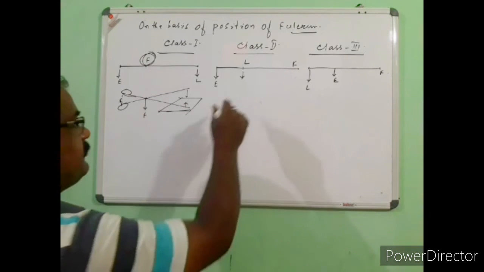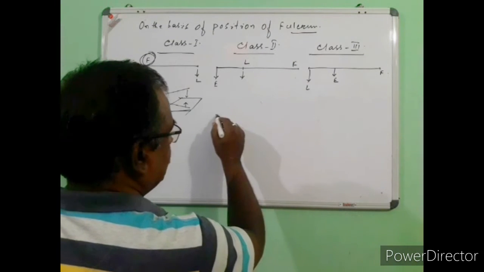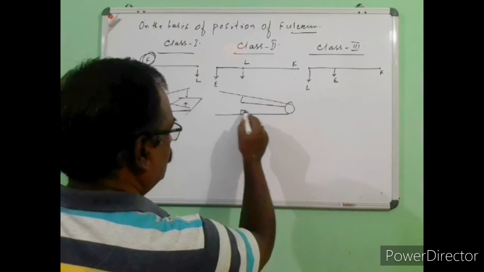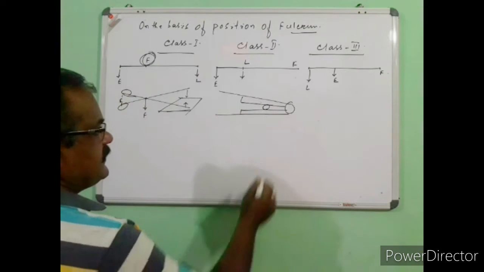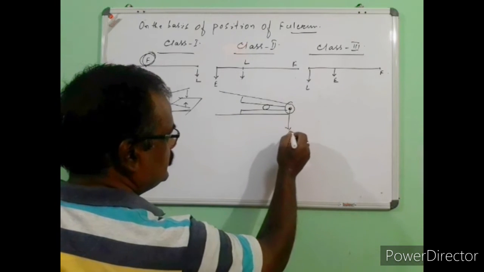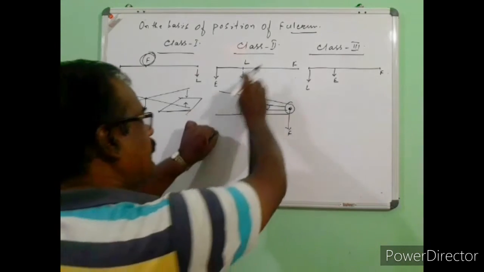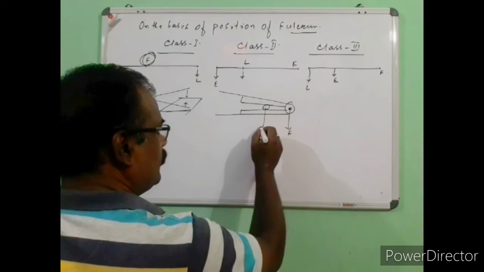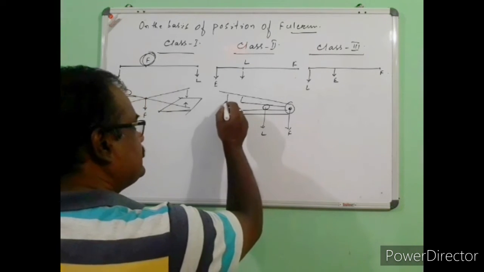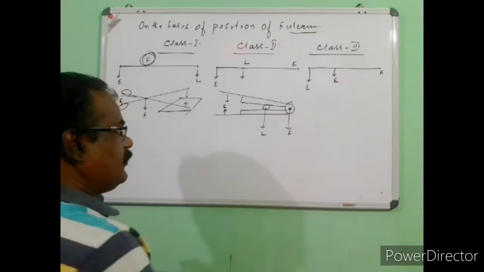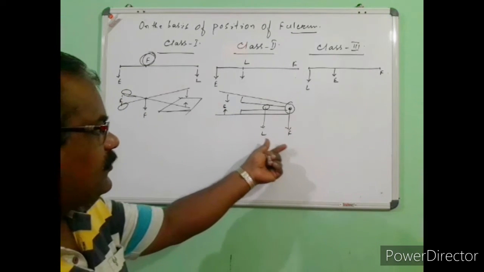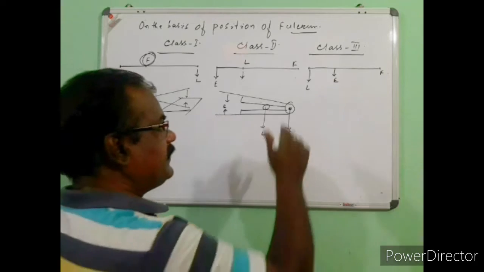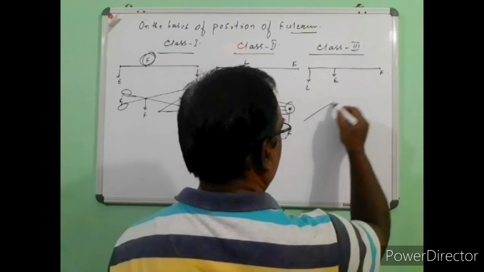Take another example, in case of a class 2 lever, like a nut cracker. You must have seen the nut cracker. In such cases, this is your fulcrum point, which is fixed. Now this nut cracker can open in this direction, so that is why this is your fixed point, or this is your fulcrum. And the nut which we have taken is your load, and this is where the effort has to be applied. So since the load point lies between the fulcrum and effort, we can categorize this one as a class 2 lever.